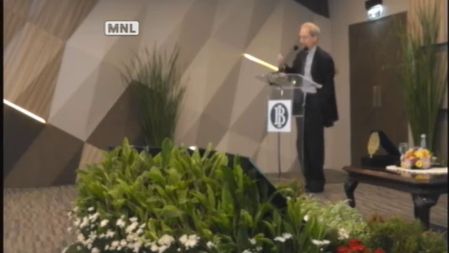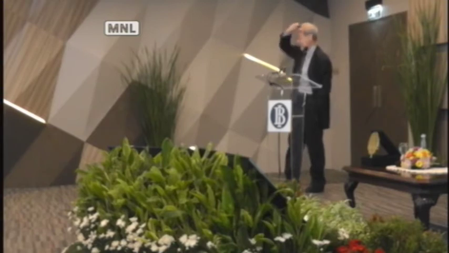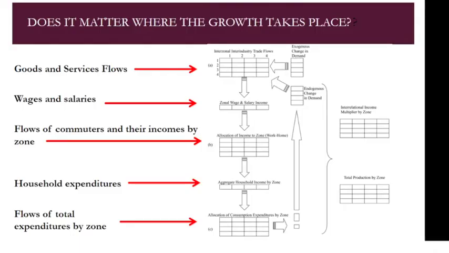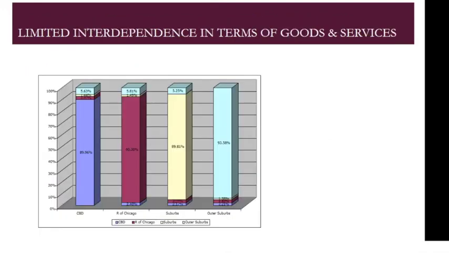Complementing this, we tried to ask the other question, does it matter where the growth takes place within the city region? And so we traced the flows of goods and services, the flows of wages and salaries paid to people who work in those activities. Then they flow back to their homes, then from there to where they shop. And we put this all together, and what we were able to do for a four-region division of Chicago is look at the degree of spillover or